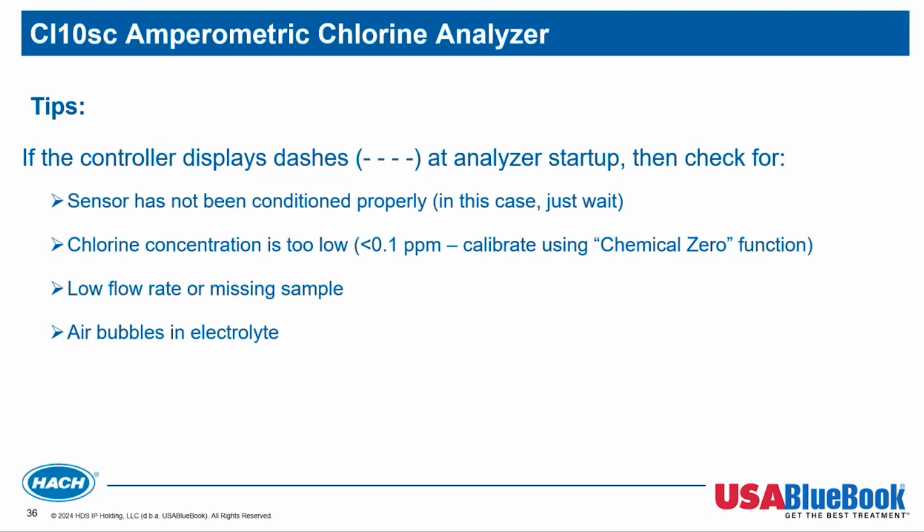Or you could be in a situation where, again, you're in a low chlorine situation. In this instance, we might want to try doing that chemical zero function. Or you could just be simply missing sample, or you have low flow rates, or there could be air bubbles in your electrolyte. So to just really quickly run through some of this maintenance stuff, I have my CL10 probe